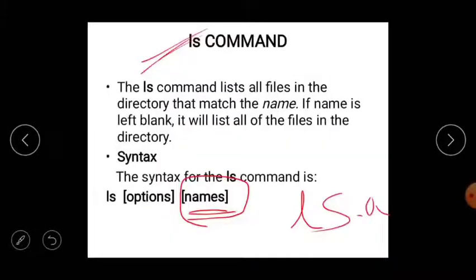Okay, next, these are some of the options we use in the ls command. In this part we are going to use this minus a. What does this minus a represent? Display all the files. Next, minus b, display non-printing characters in octal.